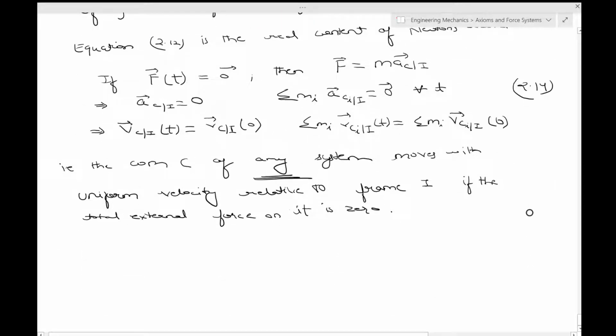And this is not true for other material points. So other material points